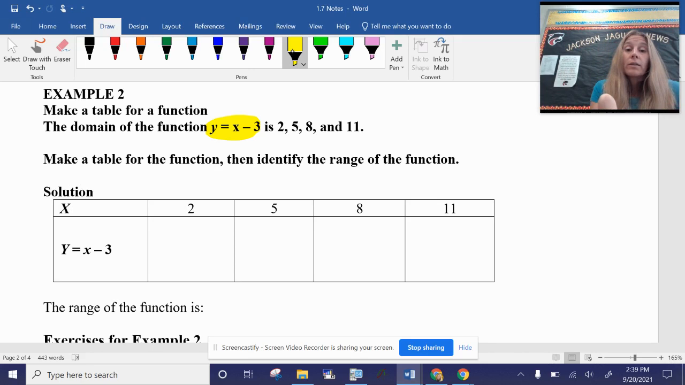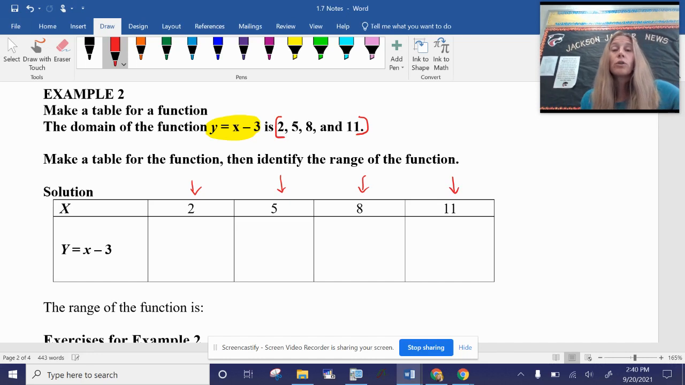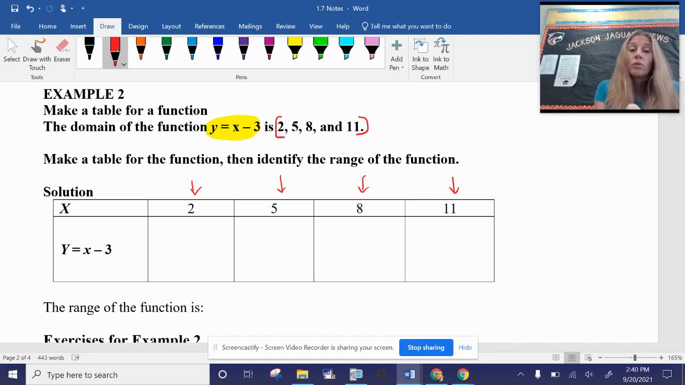And then they're giving us the domain, which is 2, 5, 8, and 11. So notice those are already put into our table. So the x values that we're going to be using are 2, 5, 8, and 11. So then what are we doing? We're going to substitute those in for the x and find our range values. So remember, the domain, which is your x's,